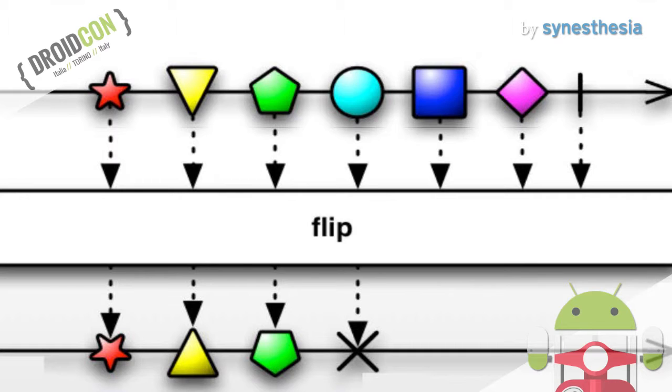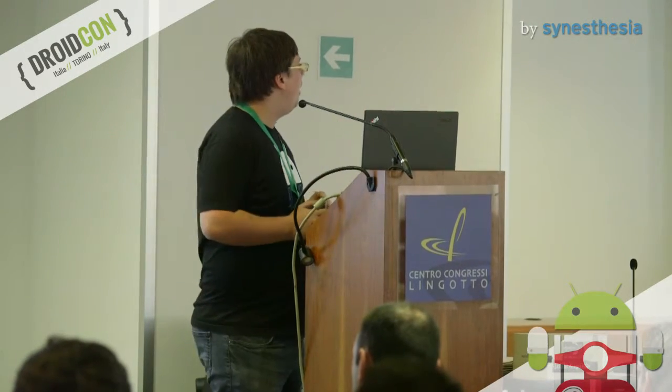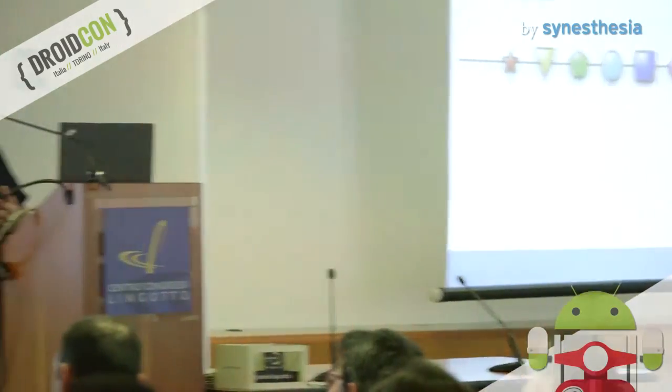They're using some schematics, and this is how they represent an observable. You can think of it as a timeline. So the arrow represents the time going from now to the future. And each of the shapes is one value. So if you have an observable that would, I don't know, observe an article, you could think of each one of those shapes being a new version of that article. As in, it's a new value being emitted through the pipeline. The vertical line here means it's terminated, I'm finished, I'm never going to send anything to you anymore.